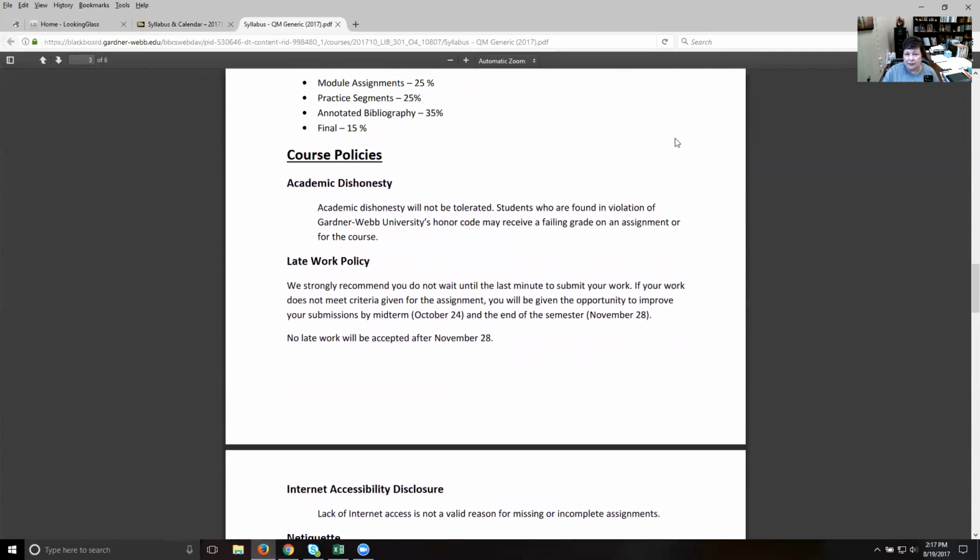The academic dishonesty policy is very important. We have an honor code here at Gardner Webb, and we think very highly of that. So when you break that honor code, let's say you copy somebody else's annotation in your practice segment, or you go out and grab it off the internet, you could receive a 0 for that assignment. You could receive a 0 for the whole course. You could receive a failing grade. In the worst case scenario, if it's flagrant over and over, you could receive a failing F, which you cannot